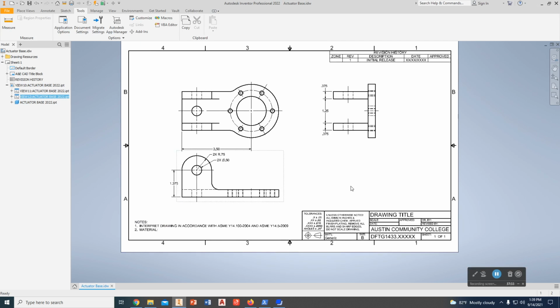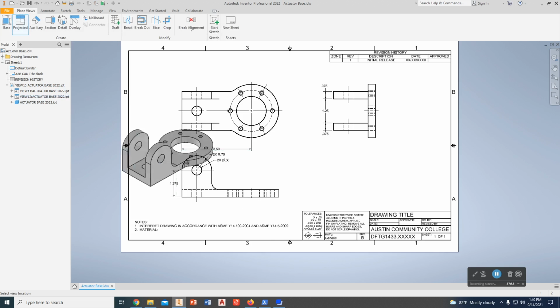So I'm going to do another thing I want to show you guys. I'm going to place an isometric view on this, and I'm going to place an isometric view right here at a different scale. I'm actually going to project that view either off of this view or this view, so I'll show you what we're going to do. If you go to the Place Views tab right here, and you choose Projected View,